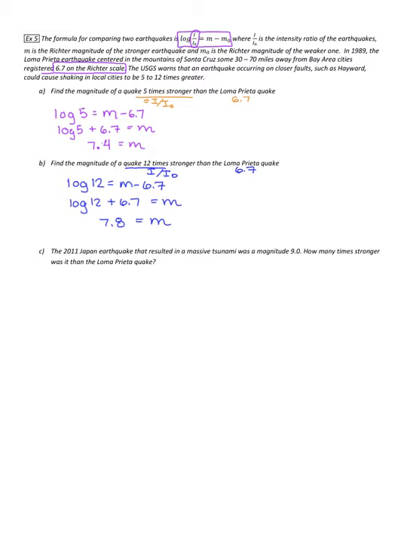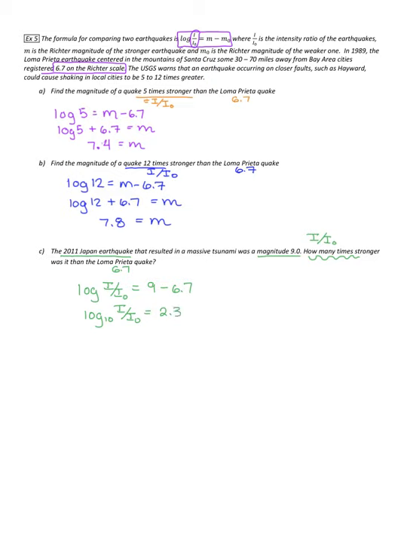Now, I know you're all too young to remember the 2011 earthquake in Japan. It did result in a massive tsunami, and the magnitude of that quake was 9.0. What we want to now know is how many times stronger was it than the Loma Prieta, and we do know that that was 6.7. Okay, so we have our log I over I naught, the intensity ratio. M is going to be the larger, that was the earthquake in Japan, minus the Loma Prieta. So we have log, again, remember that's base 10,